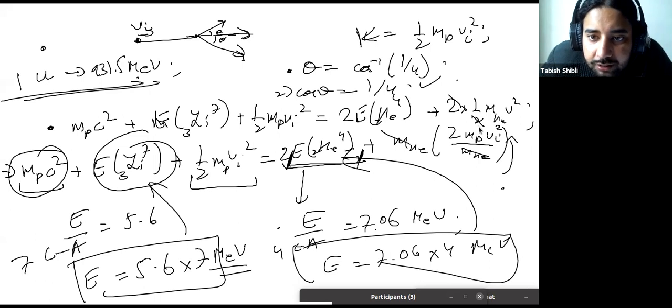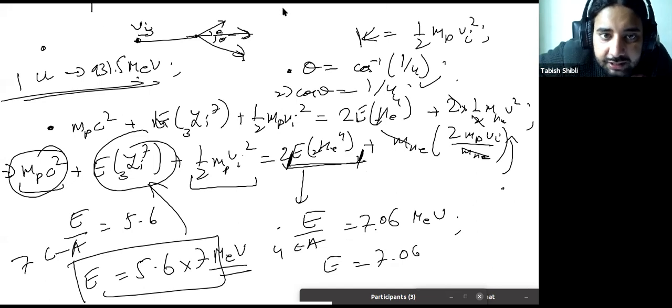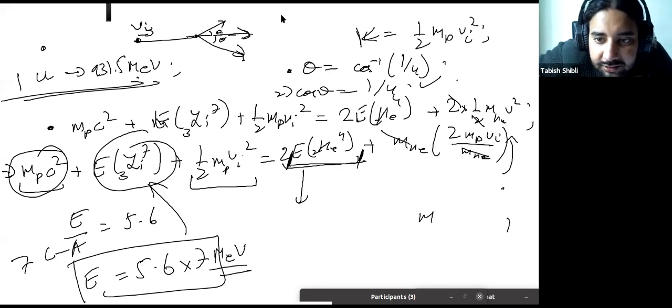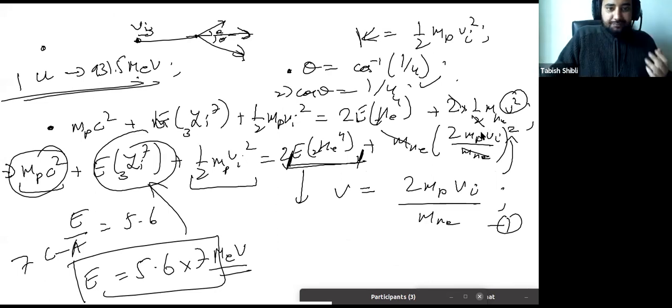Oh, there's a square here. All of this is correct. This is fine. But there's a whole square here, right? Why is there a square here? I'll just show you. This v, there was a v squared here, right? When you substitute it, there's going to be a square here as well. So you'll have